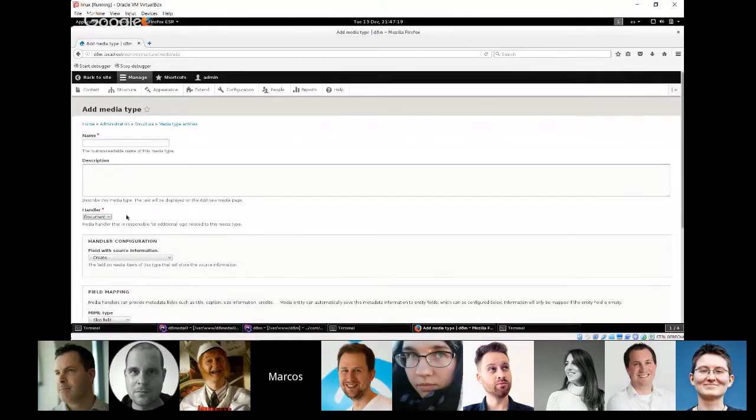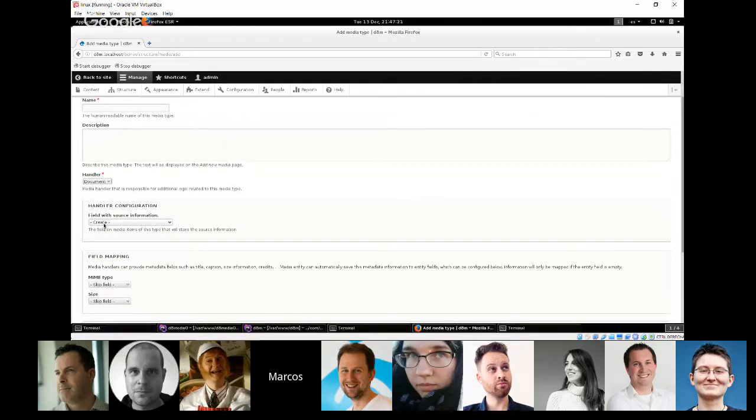And then when we select it, we're going to have this create option for the field with source information. So that will auto create the right type of field that's required for documents. In this case, I also have the option to reuse an existing field that was created automatically